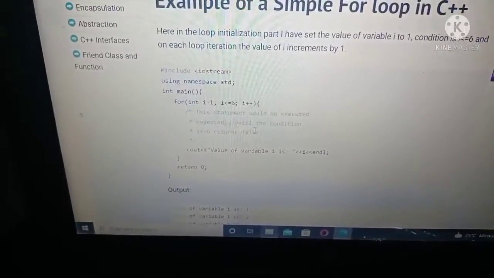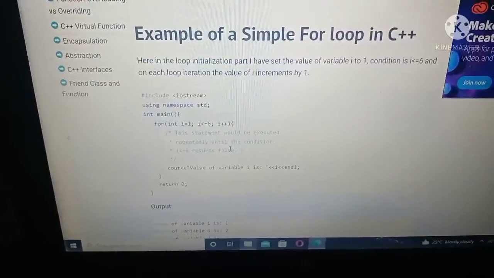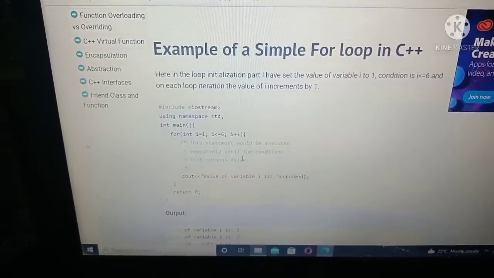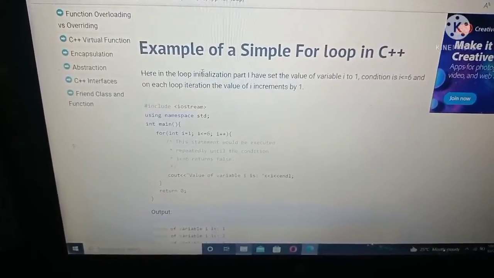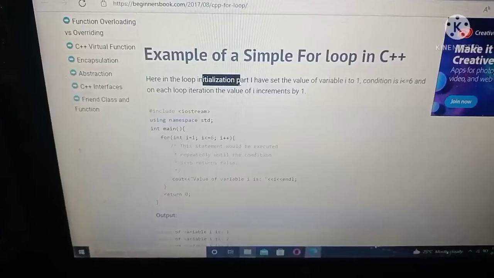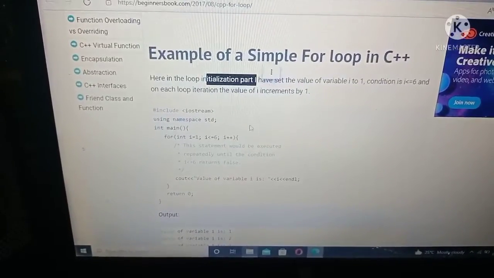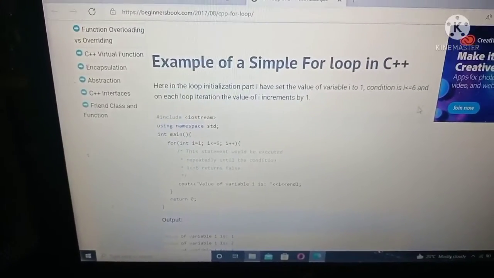For example, I am going to share my screen. Here is an example of a simple for loop in C++. Here is the loop. In the initialization part, I set the value of the variable to 1. The condition is